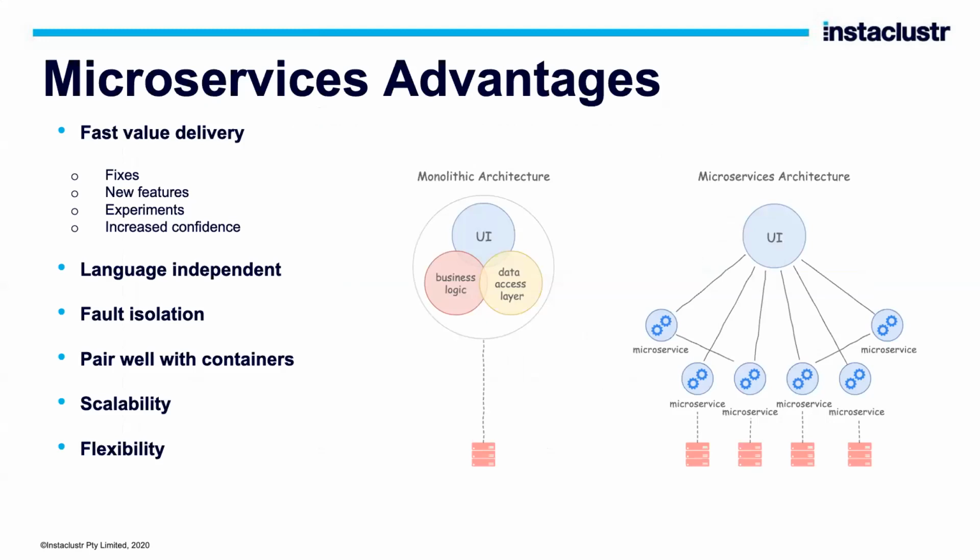So microservices provide fast value delivery. What that means is that we can fix things quickly. Because microservices are independent of everything else, you can quickly address that specific application. So what this means is that you can fix a component of the microservices much easier if we know that we can release and run it independently. We can implement new features faster because we can put in just one component and it doesn't affect the rest